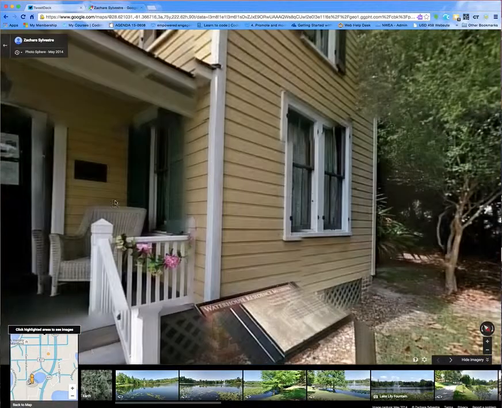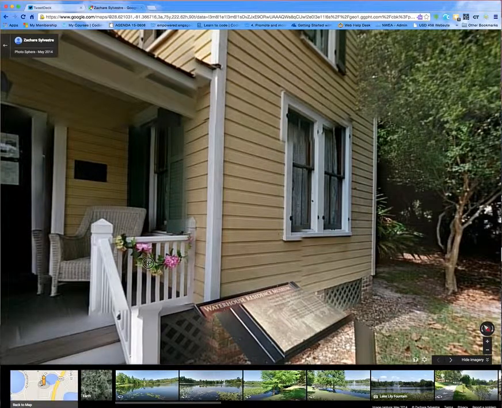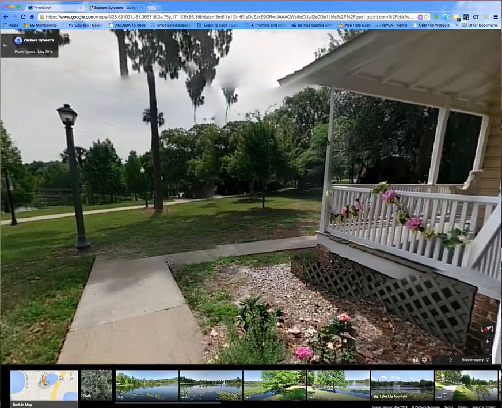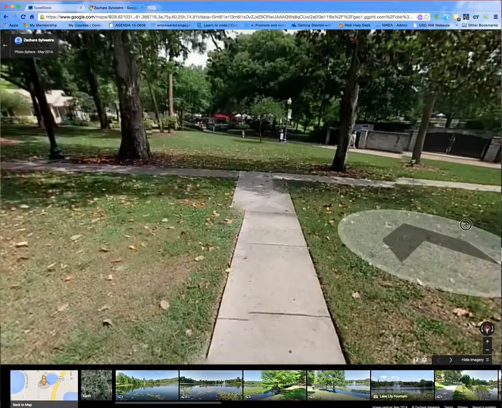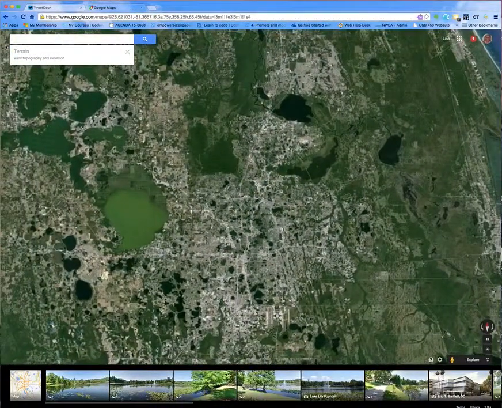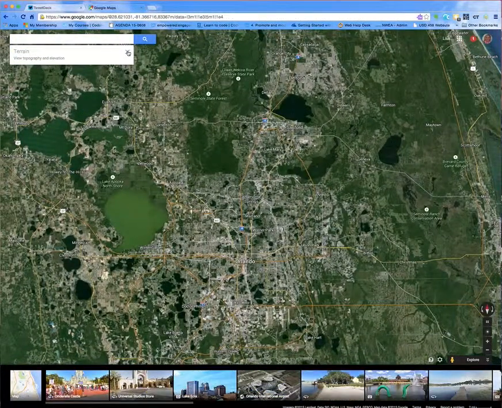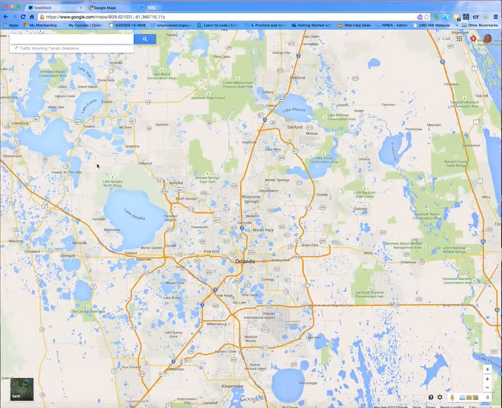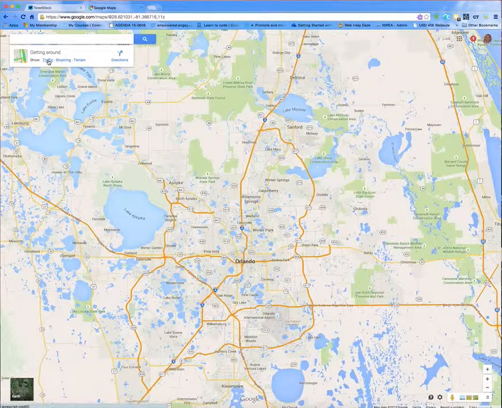So let's go back, and if we go into Street View, we can actually go in and see things up close and then actually move around it and see where it is. We're going to go back up here to the arrow and go back. So we're at the Earth view again. We'll click off the terrain, and we're going to go back to the map view, and we can look at